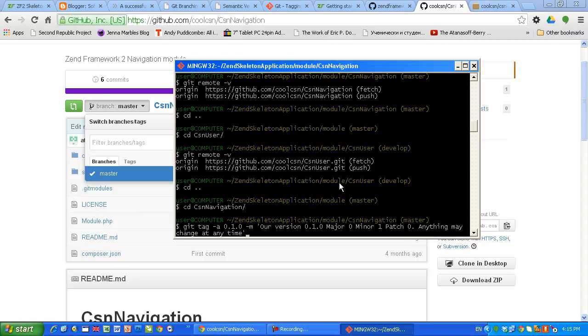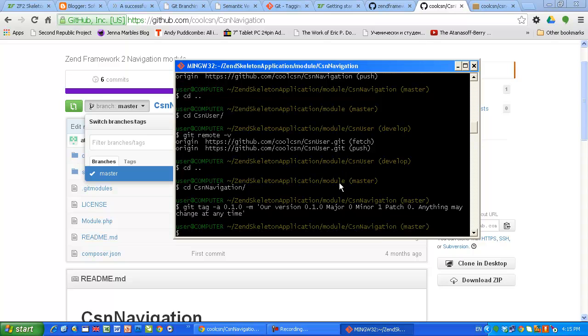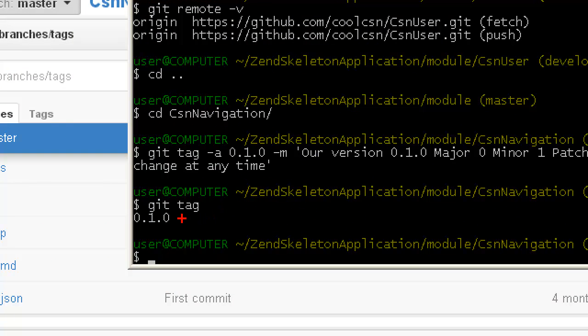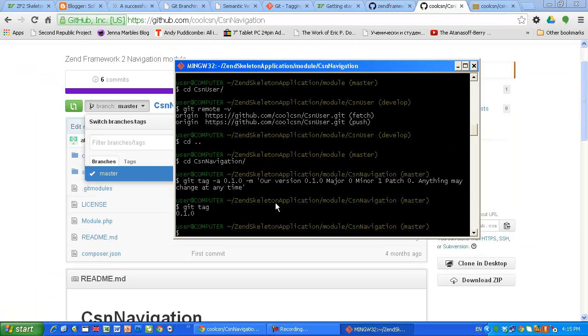Okay, let's see now. Git tag. Here we go, we have one tag already. Now, if I push right now origin master, the tag is not going to be transferred to our remote repository. In order to do that, we have to push the tags. So git push --tags,